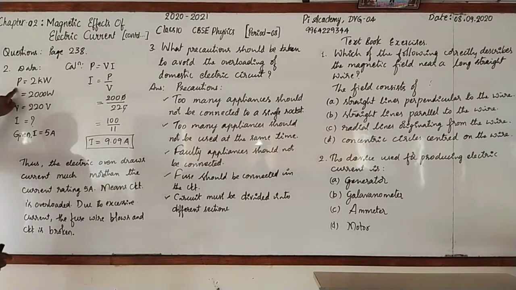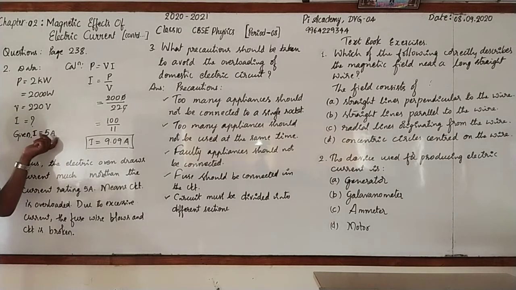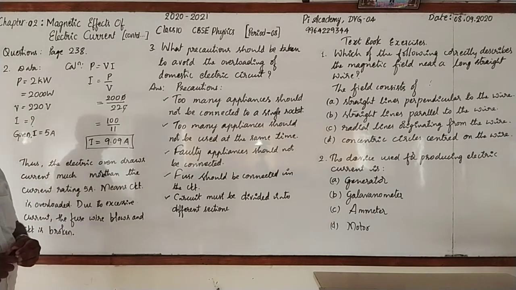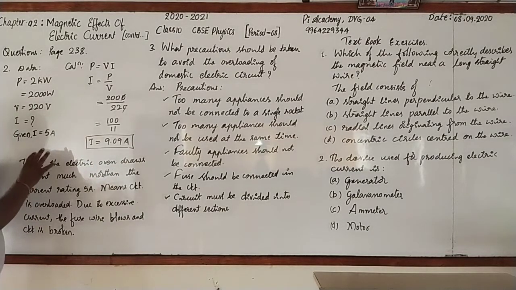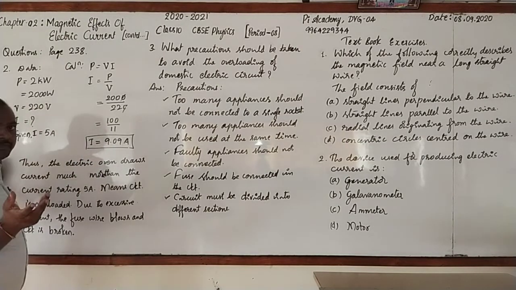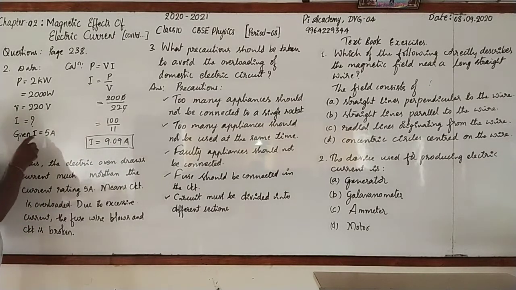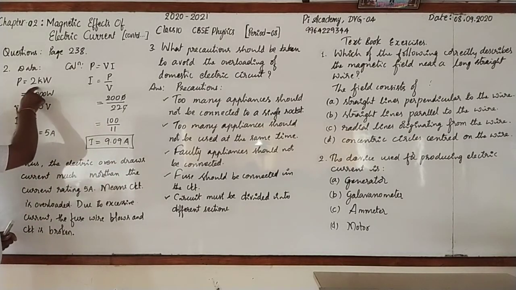There is an electric oven. Its rating is 2000 watt, that is 2 kilowatt. And when it is operated in domestic wiring of 220 volt potential difference and 5 amps of current rating, what result can be expected, right? Then you know that the meaning of that statement is like this. See, whatever wiring is made, it has a potential difference of 220 volt, and in that a maximum of 5 amps of electric current can flow. If this electric oven is